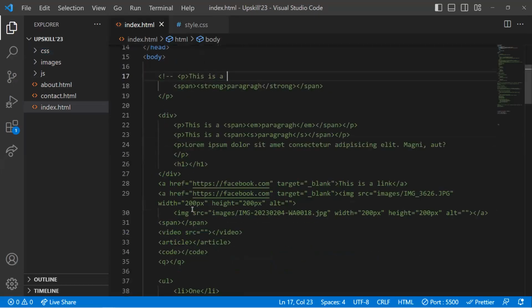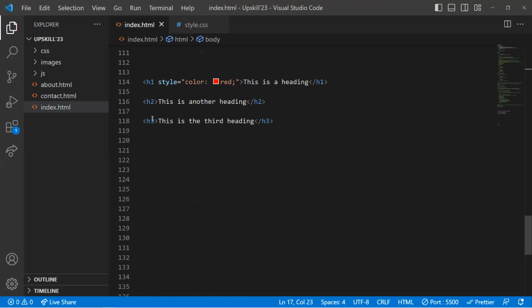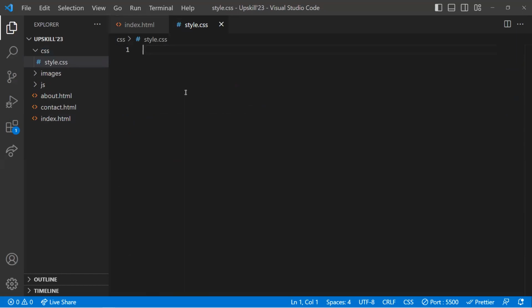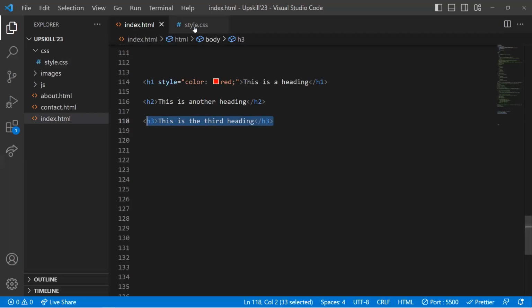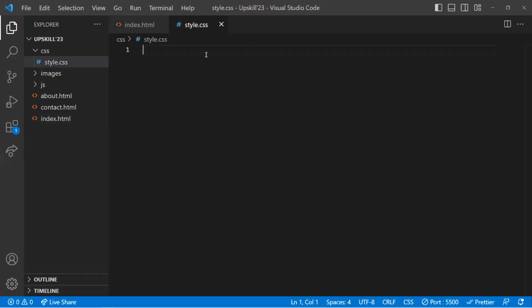And now, we have H3 here, right? So how do we make whatever we do here reflect in our HTML, or how do we connect these two? So whatever you're doing here will be reflecting in here, right? Because we are in the style sheet file now, there's no need using the